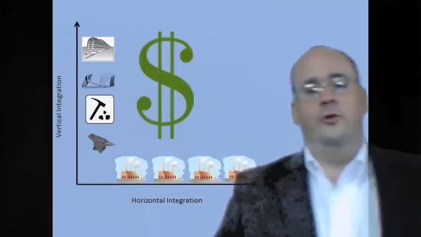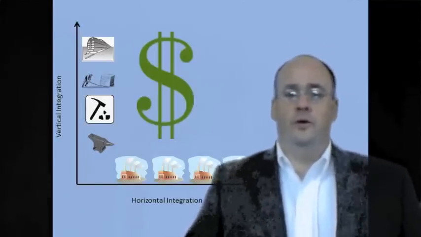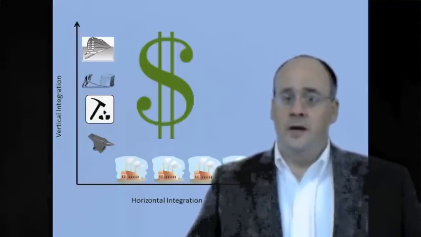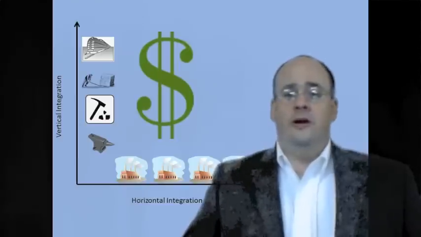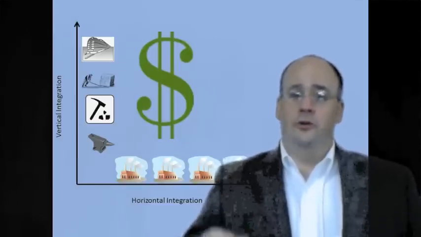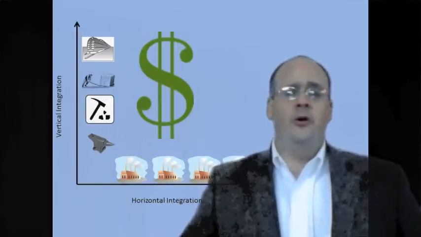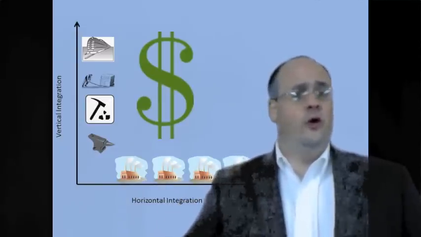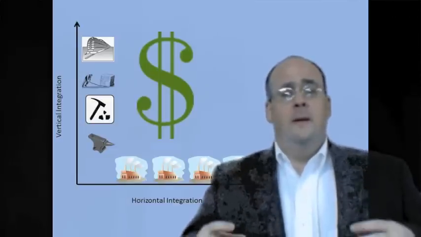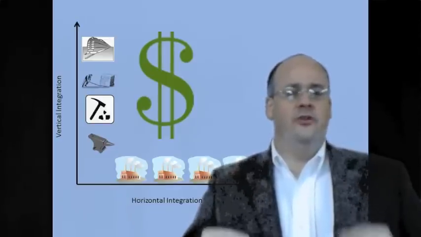Horizontal integration is when you attempt to control all of the means of production of a specific product. For example, in Andrew Carnegie's case, steel. If Andrew Carnegie wants to have complete horizontal integration, then he's going to own all of the steel production facilities in the United States. Now, Andrew Carnegie is going to come close to achieving almost total domination of the steel market by horizontally integrating, but he has an advantage in that he's going to use a new technology called the